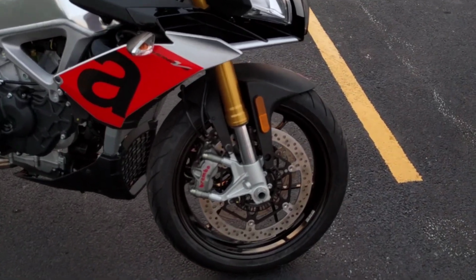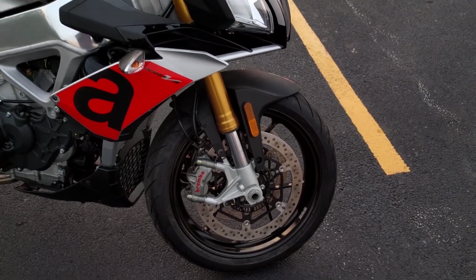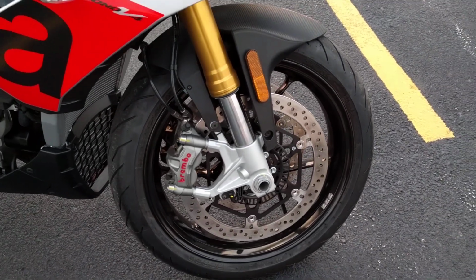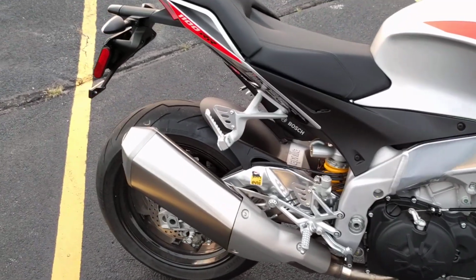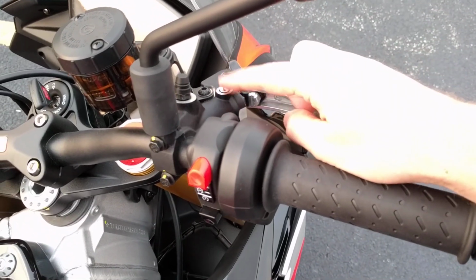Both models, the regular and the team, come with the Brembo M50 calipers, which is the same calipers on the Kawasaki, but these are Brembo discs as well, and they're the biggest discs I've ever seen. They're, I believe, the 330 millimeter. Oh, I hear a car over there. And the other thing that's cool, Brembo rear brake. Braided stainless lines. They're black, but they're braided stainless. Also has a Brembo master cylinder,